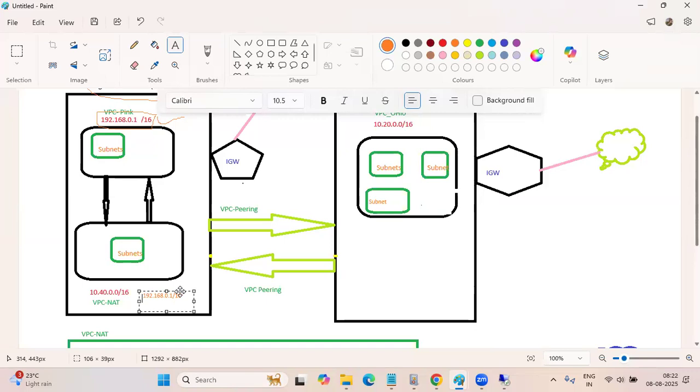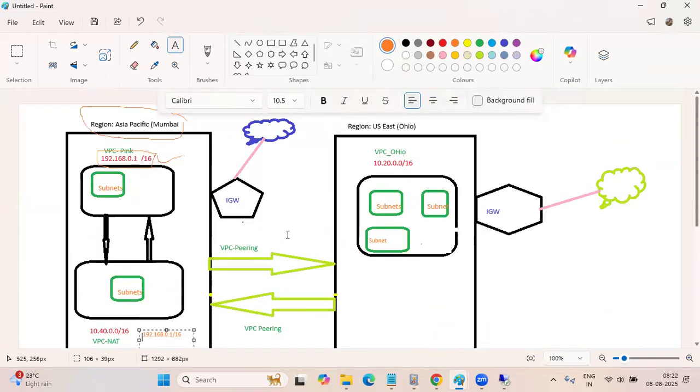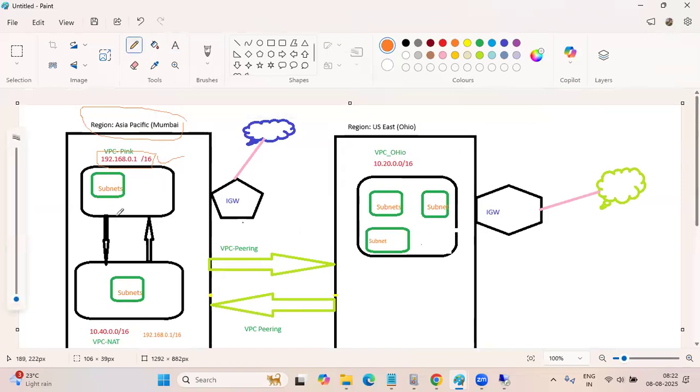Another thing about VPC peering: here is another drawback. Imagine one VPC and another VPC, with subnets inside. I can communicate from here to there, but there is no duplex communication; it will not happen. So again I need VPC peering from there to here, and again required for each pair. And for example, if you have three or more